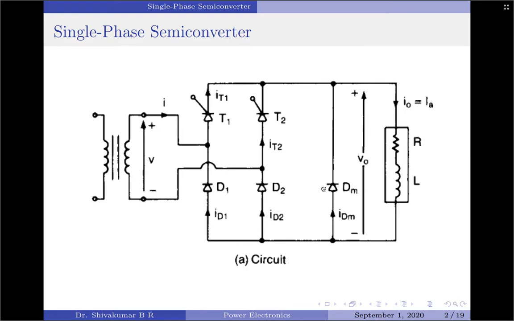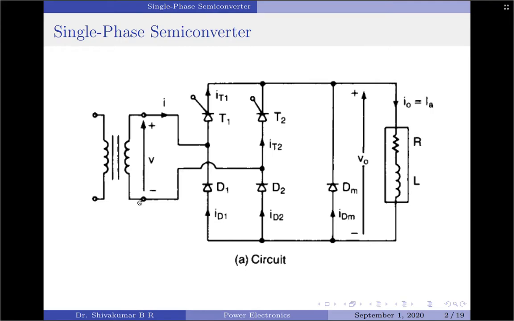Right. Let us start the discussion of the operation here. Please note, we have assumed a highly inductive load and the current across the load is assumed to be a continuous load current. During the positive half cycle of the input supply, the thyristor T1 is forward biased, so is diode D2. Please note, when thyristor T1 is triggered at omega t equals alpha, then T1 and D2 form a closed loop, that is the secondary through T1, then through load, other end of the load, then through D2, then the secondary negative.